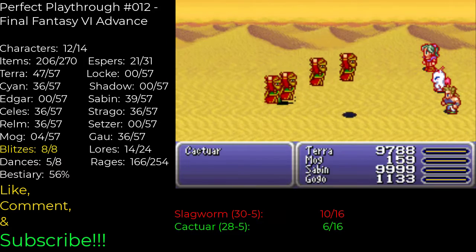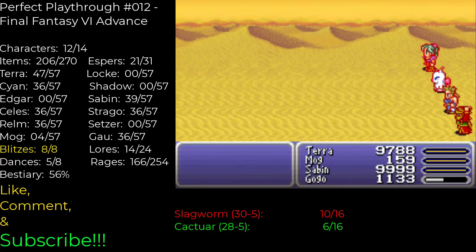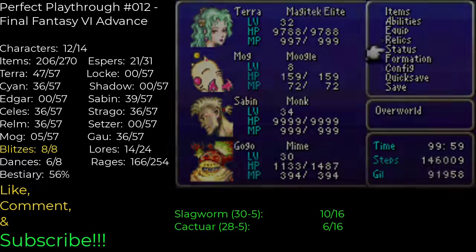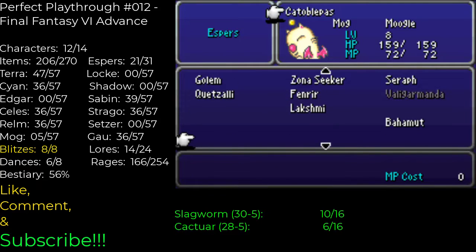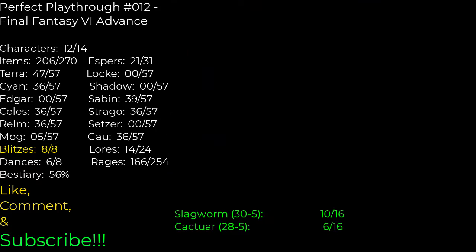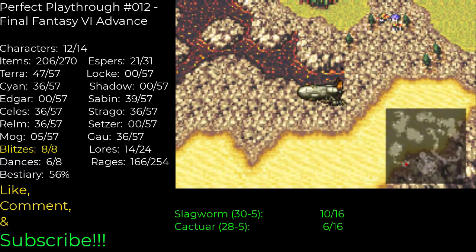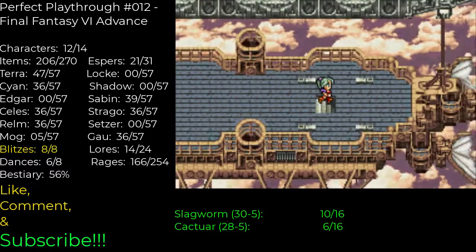Again, Cactuar has 3 hit points, so he's pitifully easy. And Mog mastered all the spells from Catabolus and learned a new dance, so there's 2 more dances left to learn, which is Mountains and Forests. And again, I think he gets a free one for the mountains, so I'm going to swap Mog out for